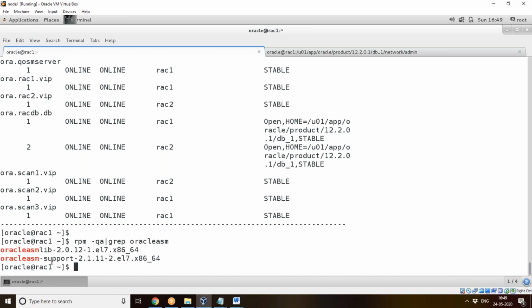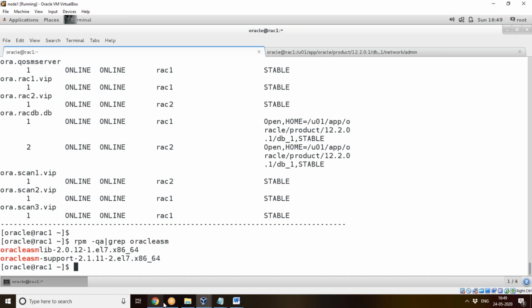So we are adding the disks, and using these Oracle ASM packages, we make those normal disks into ASM disks, with all the enhanced Oracle ASM features. Fine. So I have installed these two packages to make it an Oracle ASM.